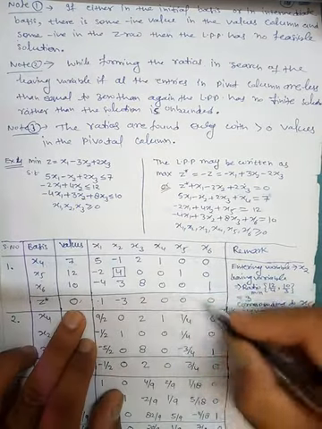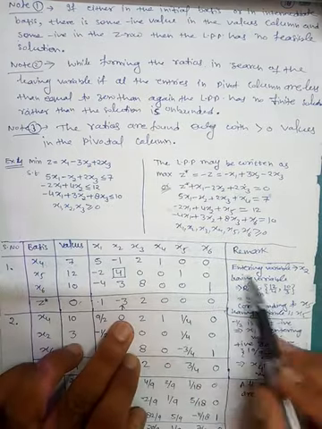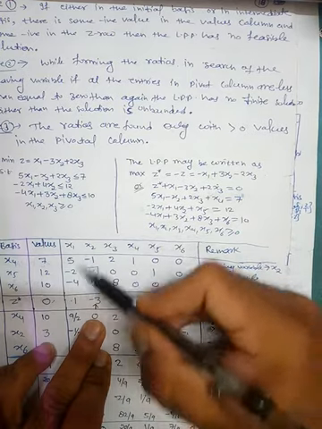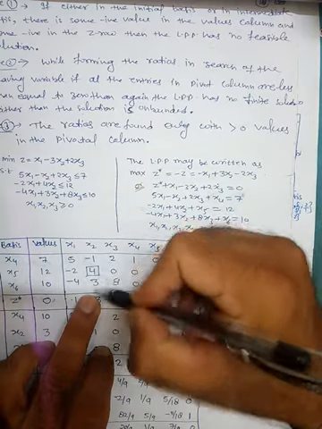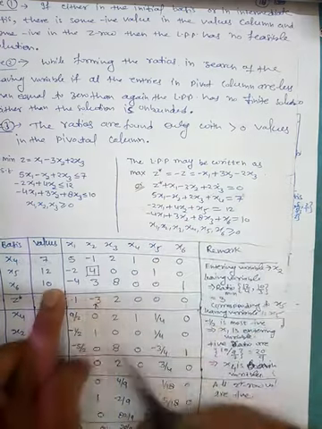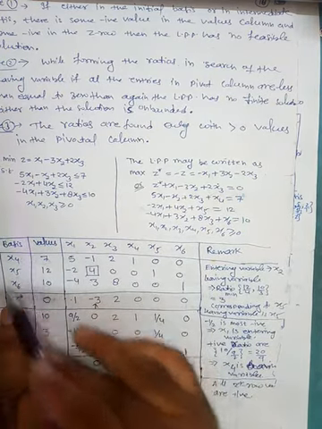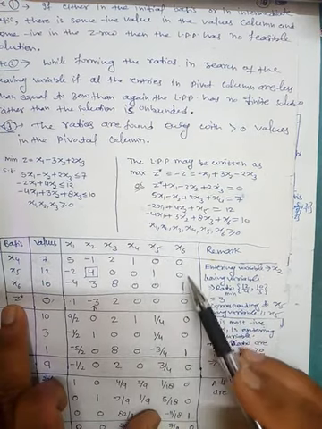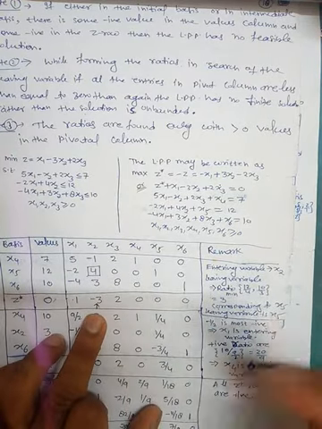First identify the most negative value here. This is the most negative one, hence x2 enters the basis, so the entering variable is x2. Now find the leaving variable with the help of the minimum ratio for positive values. Here there are three values; this one is negative, so we will not consider it, we will consider only 4 and 3. Before that, these are the basis variables corresponding to the identity matrix: x4, x5, x6. Now x2 enters the basis.